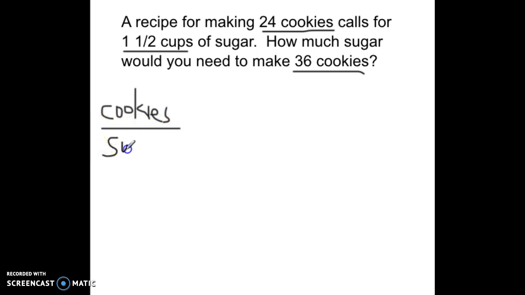So we need to make sure that we set up our ratio as cookies to sugar. Now, could you set it up sugar to cookies? Sure, as long as you put things in the right place. So we're going to have 24 cookies is a cup and a half. Okay, that's going to equal 36 cookies